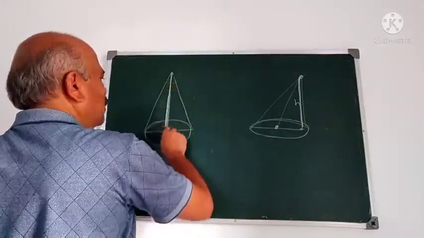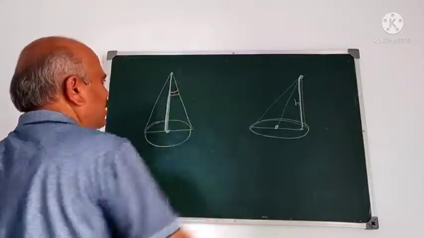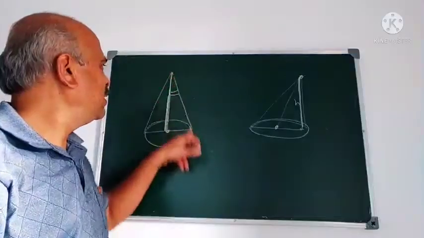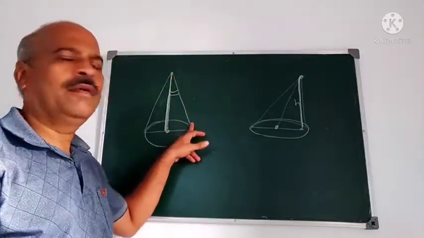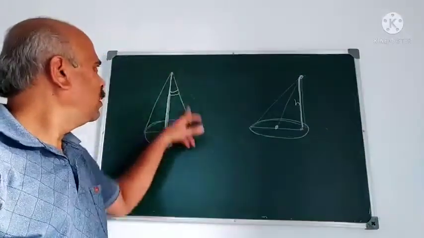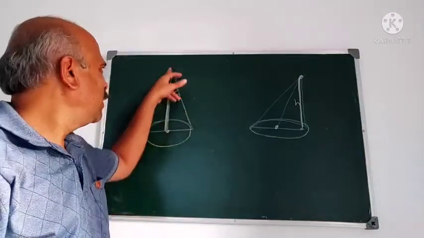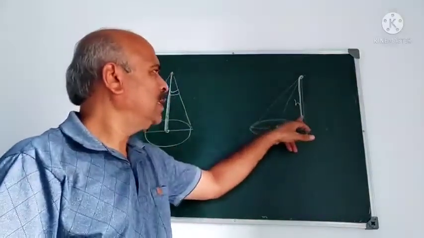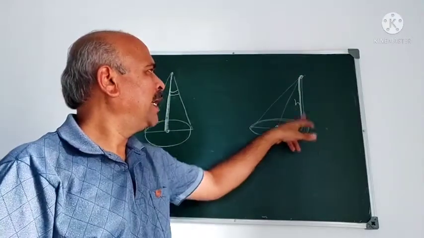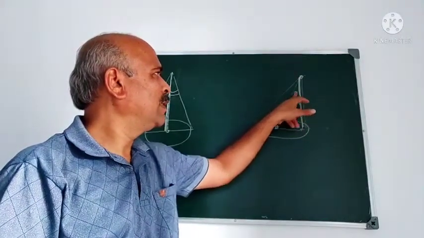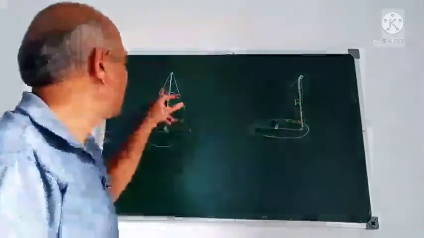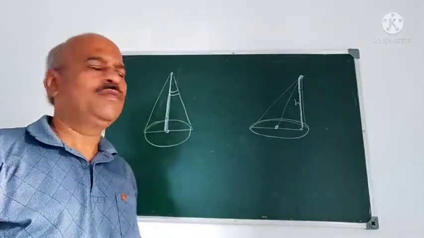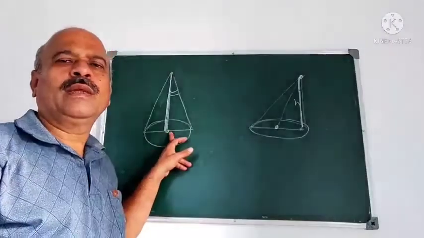One more thing is, in the case of right circular cone, this is called the semi-vertical angle. That is the angle made by the generator with the fixed line. The fixed line is always the same. But in this case, this is the fixed line, and we can take that the angles made by the generators are different. This angle is different, this is different, this is different. But here, see, these angles are the same. The angle made by the generators with the fixed line is the same. That is called right circular cone.